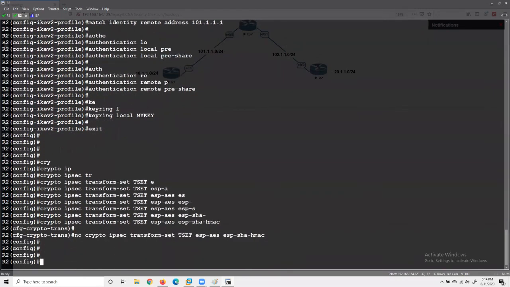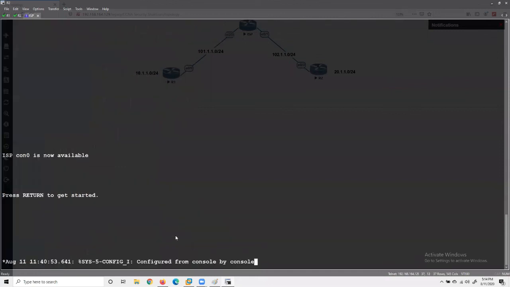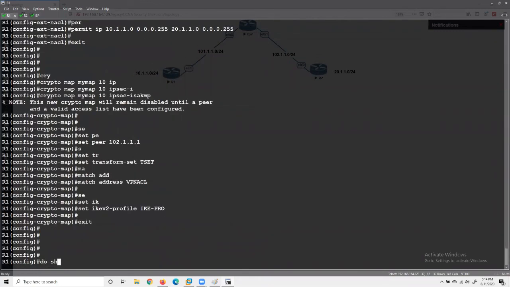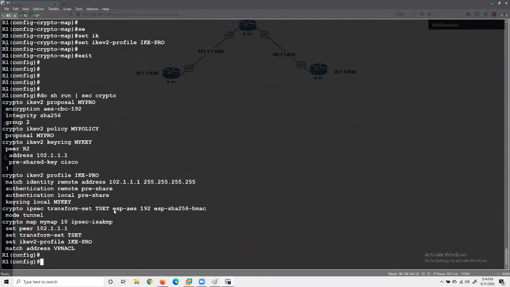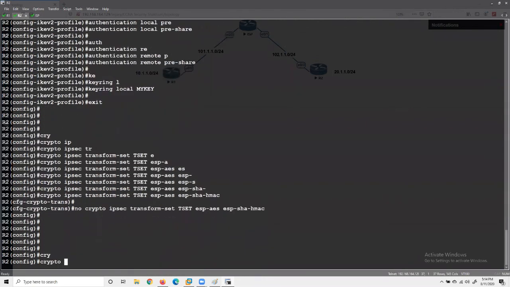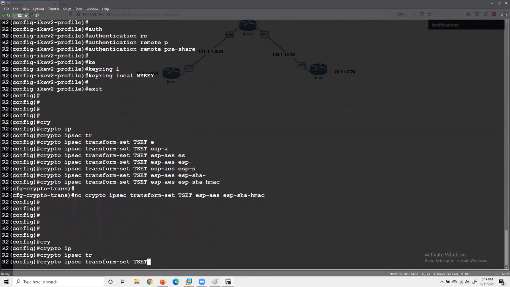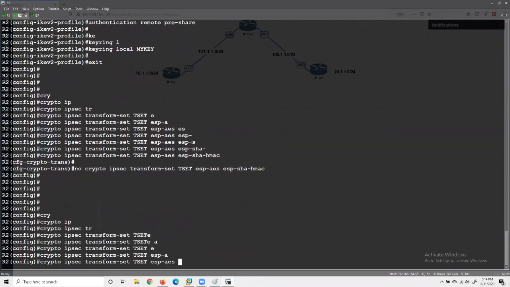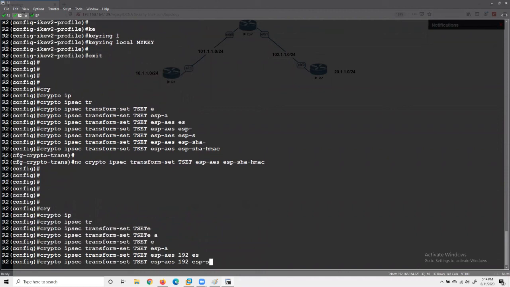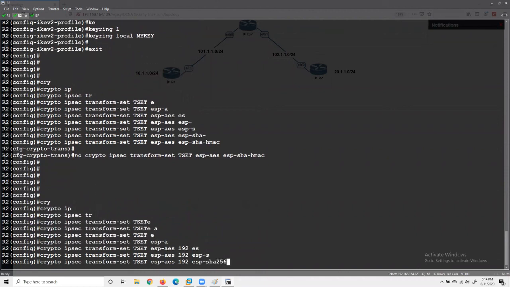We have to use the same transform set that we have defined on R1. So let's check it, right? It should not be different. These hashing and encryption algorithms should not be different. So go to R2, crypto ipsec transform-set TSET, esp-aes 192, esp-sha256-hmac.